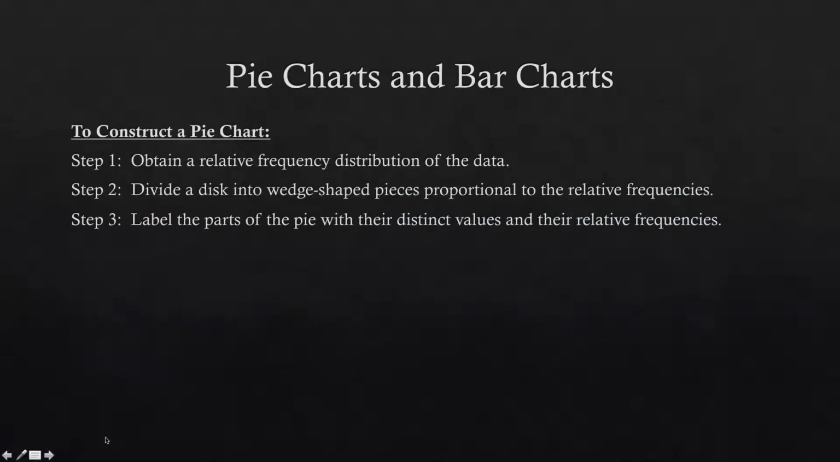All right, so pie charts and bar charts. To construct a pie chart, obtain relative frequency, divide the disk into wedge shapes proportional to the relative frequencies, and label the parts of the pie with their distinct values. Okay, so for instance,